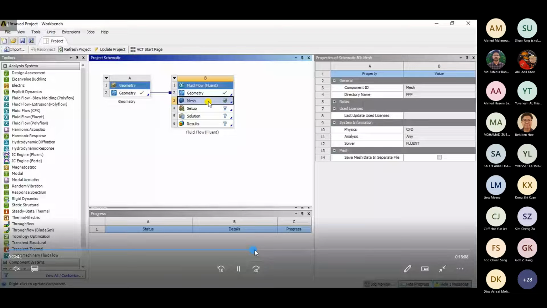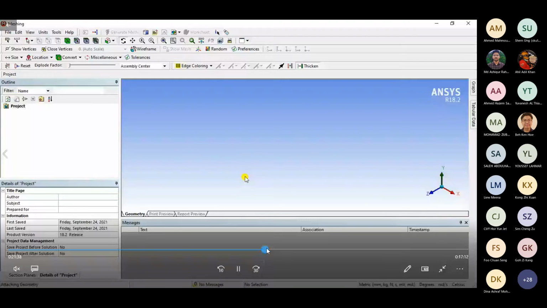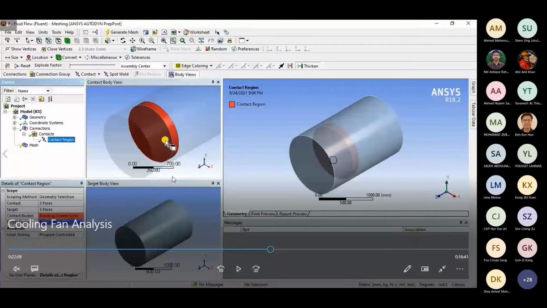So here you'd be able to see that in the connections tab, when you click on connections, you would see the contact region established. The contact region is established with respect to the simple surfaces rather than the complicated surface that was inside the rotating frame. That was the only point of making this reference frame. Now, the same thing will follow as in the last video that we have seen.